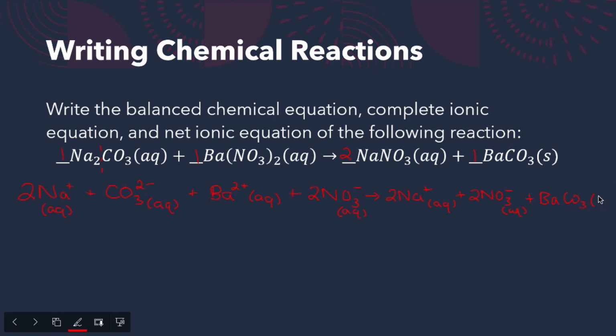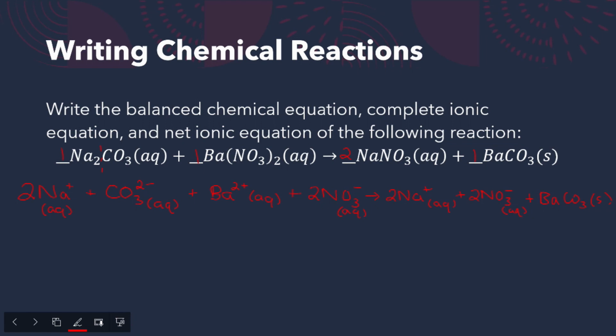And this is solid. Now, typically, you don't have to write the state of matter for all the aqueous ones since it gets a bit tedious, but you should definitely include the state of matter for the one you're keeping together. Alright, now that we have a balanced chemical equation and a complete ionic equation, let's write the net ionic equation,